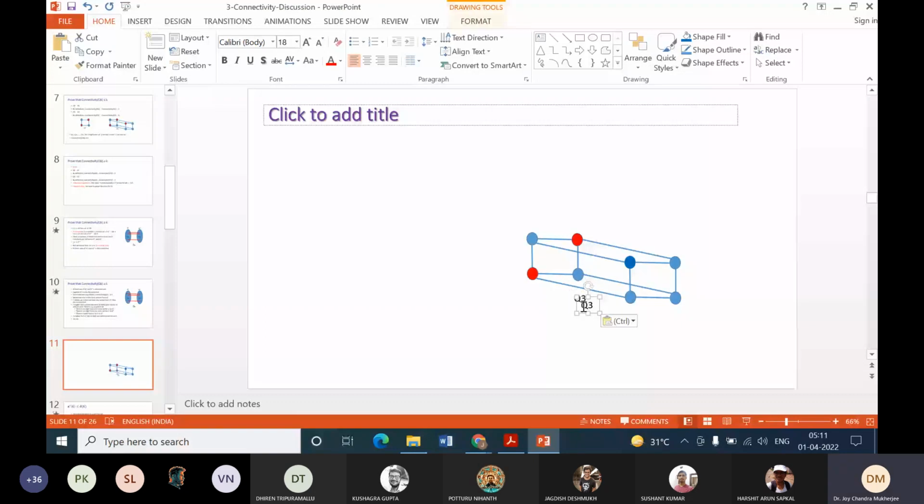So Q3 is composed of two Q2s. Now what it says, if you go by this statement,